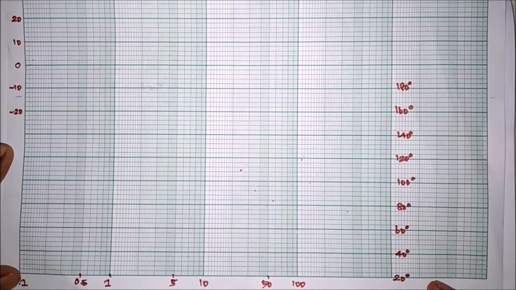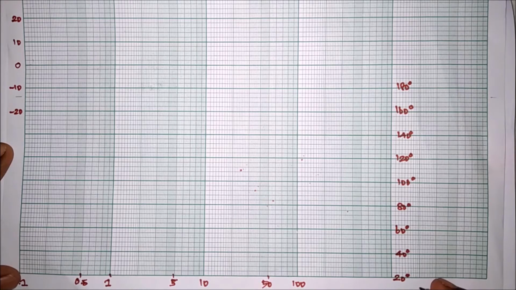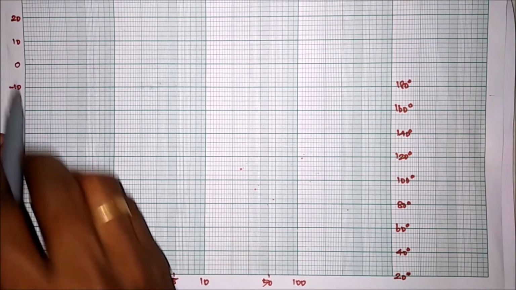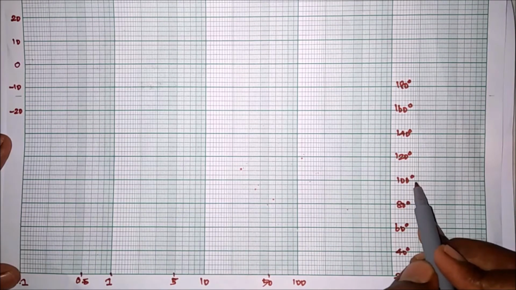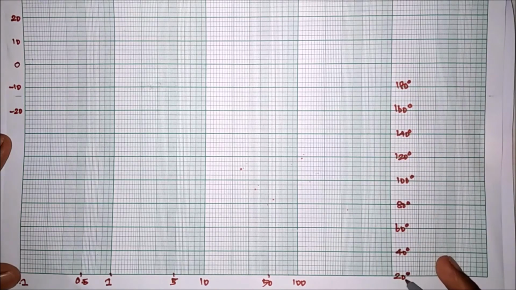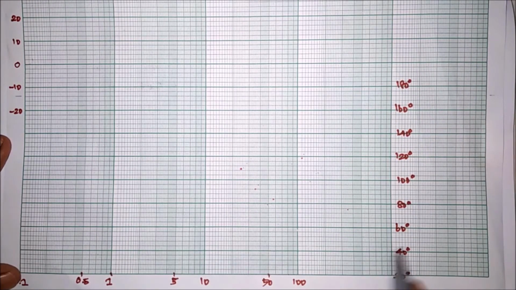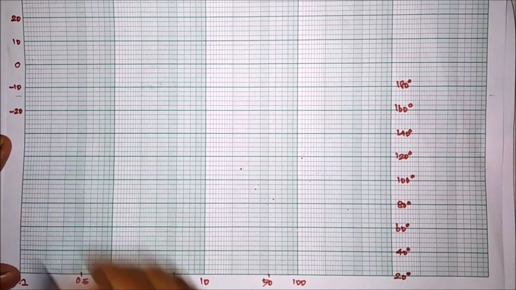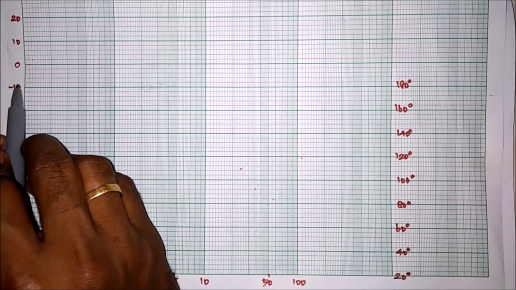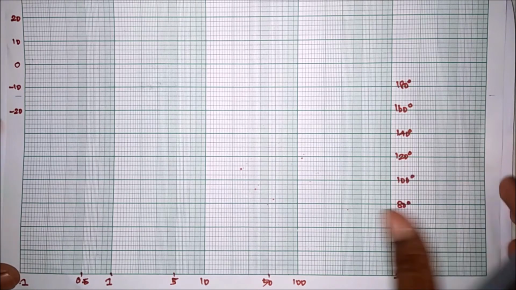Likewise we have to do. Actually it depends upon the value. We have to select the decibel value and angle value from 0 to negative or from 0 to positive, depending upon the ranges. So we have to select these values, and the x-axis values for the magnitude plot and also for the phase plot.